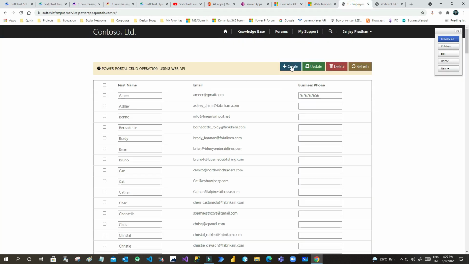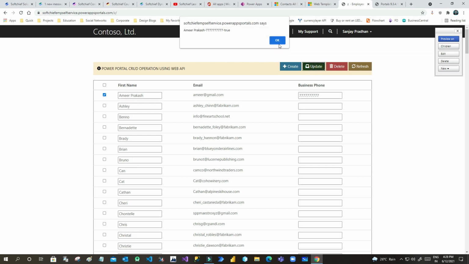I will show you how I build this. Now I want to edit this. So I want to edit Amir, let's say Prakash. Okay, I want to update this as Amir Prakash, and I want to change the phone number like this. Okay, now if I update, nothing will update unless I select this. It will not pick the record information for updating. I have written that logic. So select this, click on update.